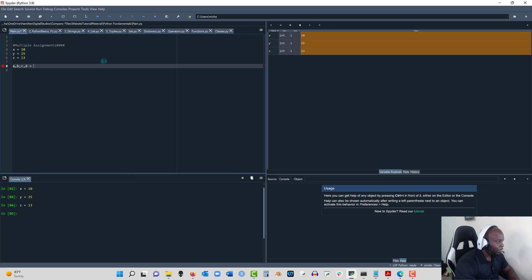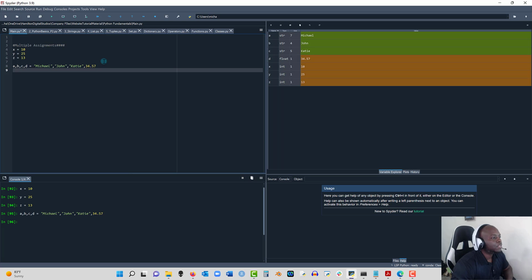So we said 3 strings. I'll say my first name Michael, and just use names John and Kate for A, B, and C, and then we'll have 34.57 in D. And when I hit shift enter, as you can see on the right side,